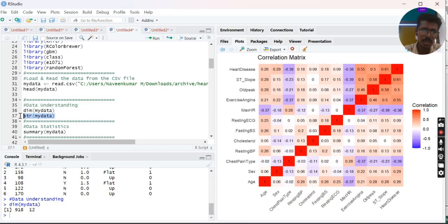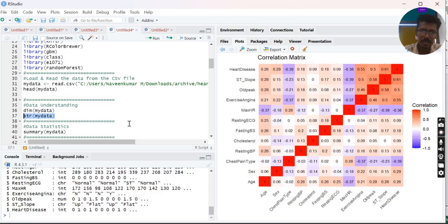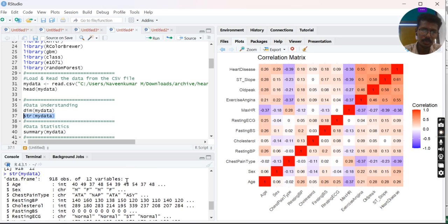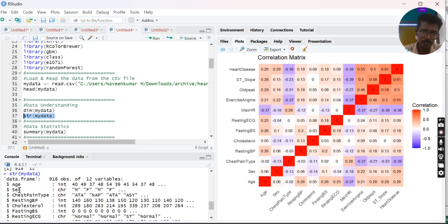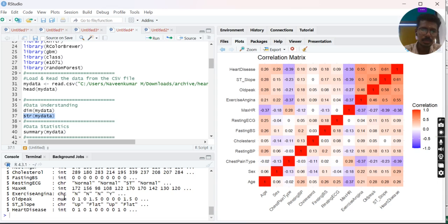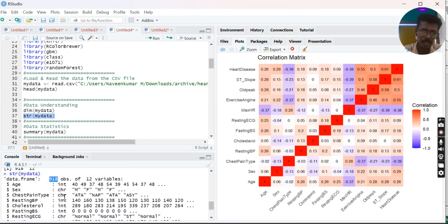Then we have str of my data. This str gives the general information about the data. Here on the left hand side in your console we have all the parameters, that is attributes. For each attribute we have 918 observations, and whether the particular data is an integer or char, the data type is displayed along with the attribute values. Some sample